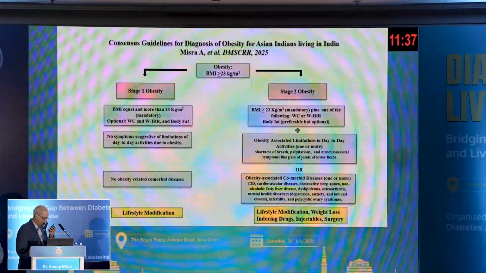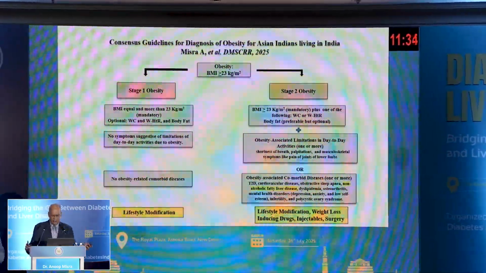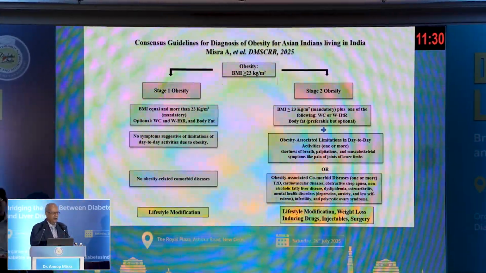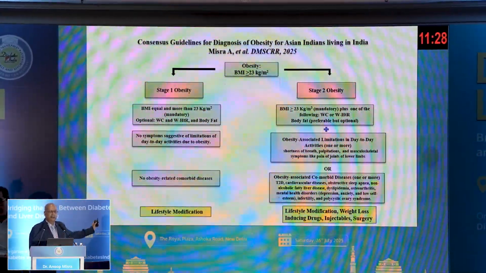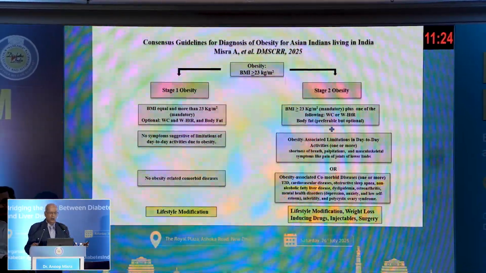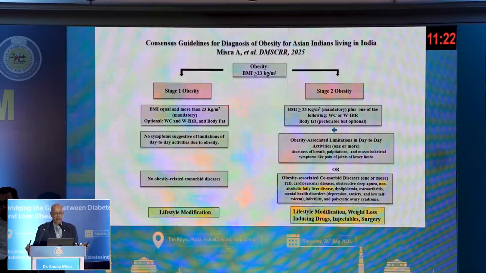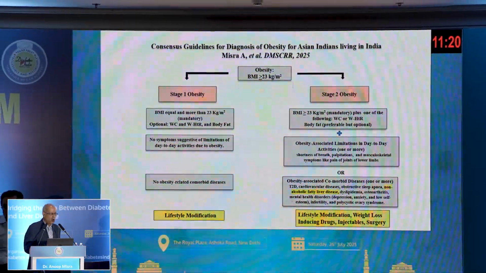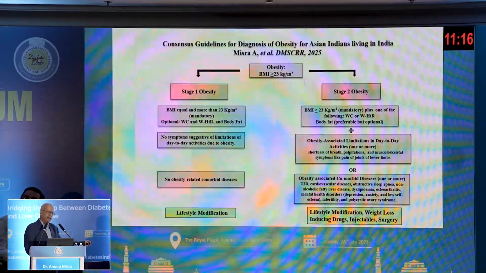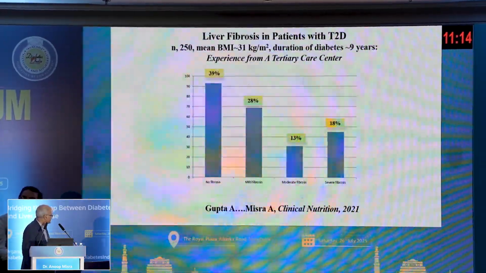And look at non-alcoholic fatty liver disease. At that time, we used the term NAFLD. So anybody with adiposity and NAFLD comes into stage 2, where aggressive therapies are necessary. We have been talking about lifestyle, we have been talking about drugs, all these are necessary. You throw everything at stage 2 of adiposity.